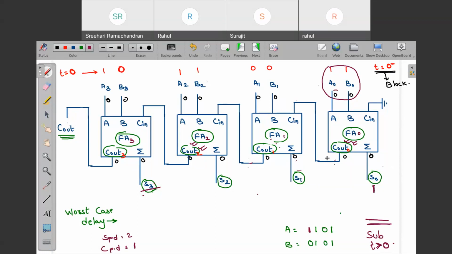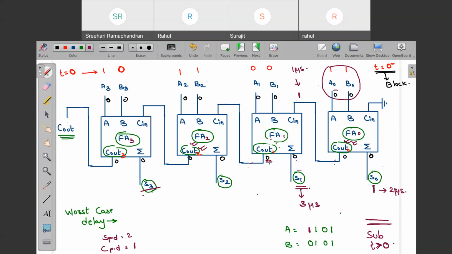Previously it was 0, now it is changing state to 1. Now when this is 1, this was generated after how many nanosecond? Sorry, here it was microsecond. After 2 microsecond this was generated, and this was generated at 1 microsecond. So this sum is being generated at your 3 microsecond, and this zero